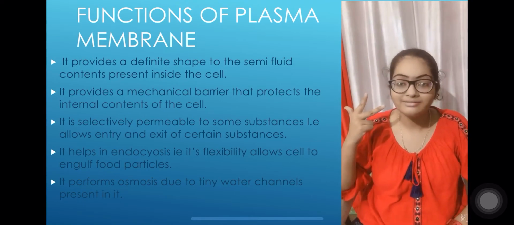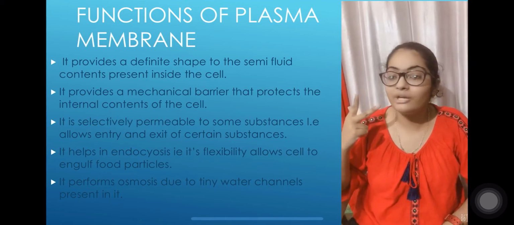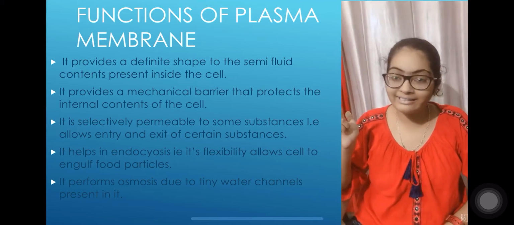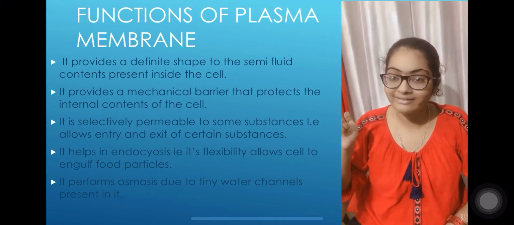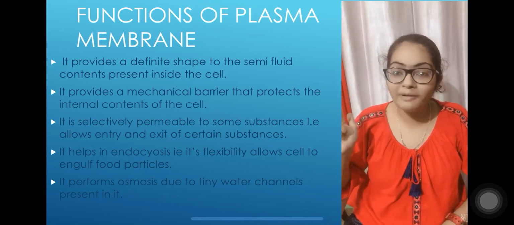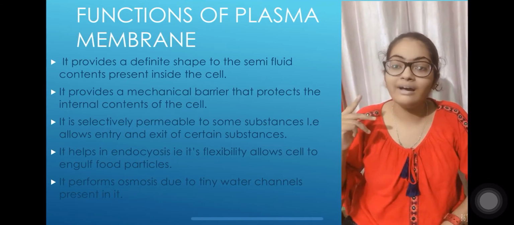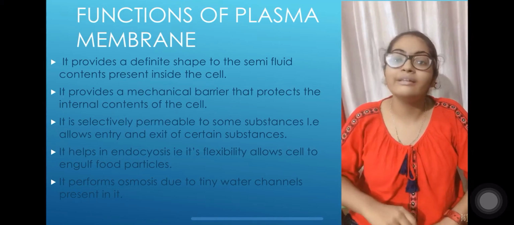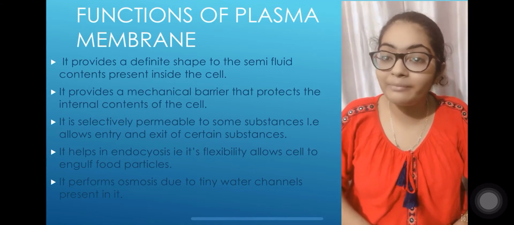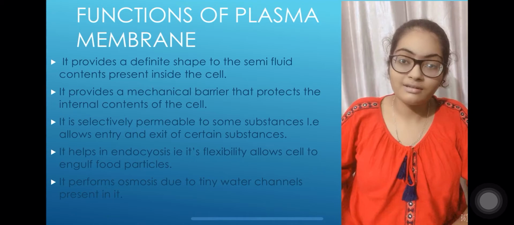You will tell me. It is the components of the cell. How many components does a cell have? The plasma membrane, the nucleus, and the cytoplasm. Very good, children. You remember all this. Now we have discussed the functions of the plasma membrane. It had lipid bilayer, flexibility, selectively permeable, osmosis. We have discussed all this. Good.